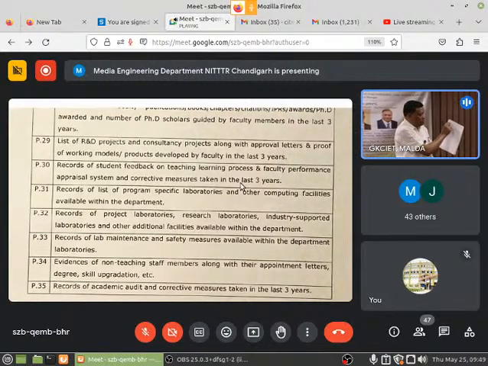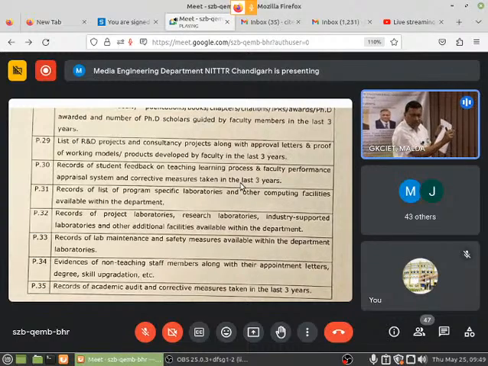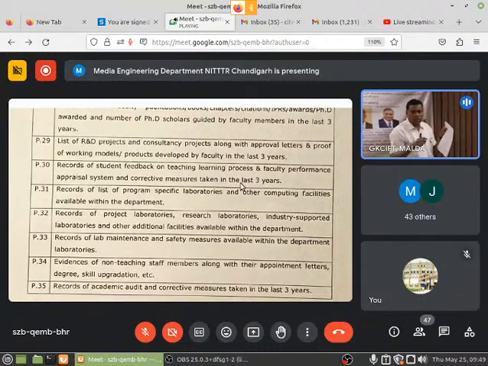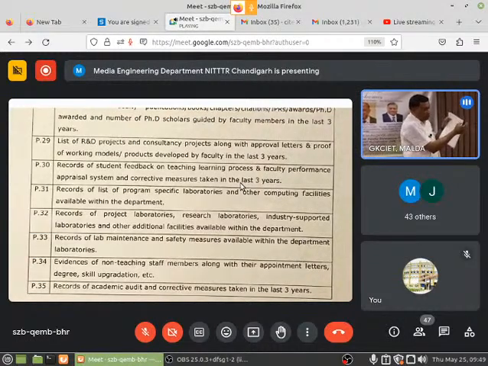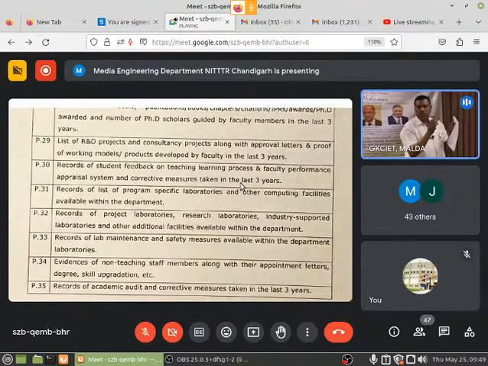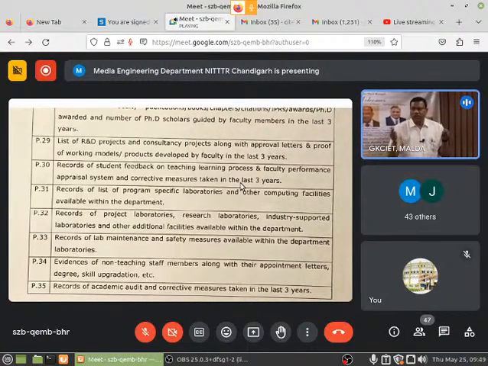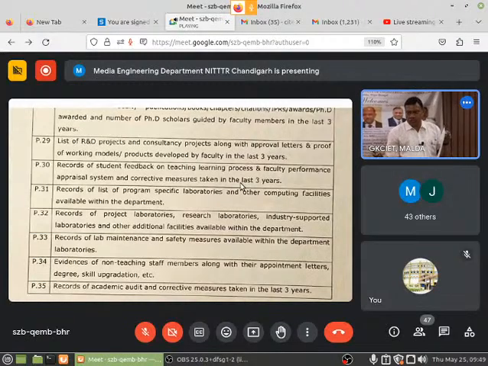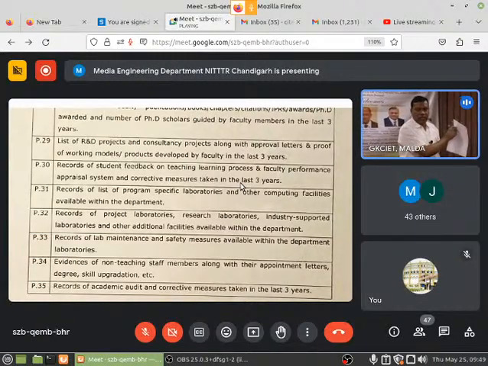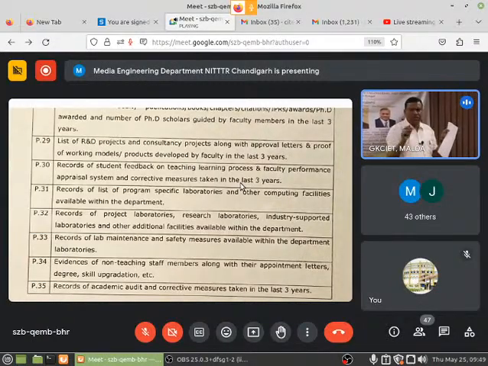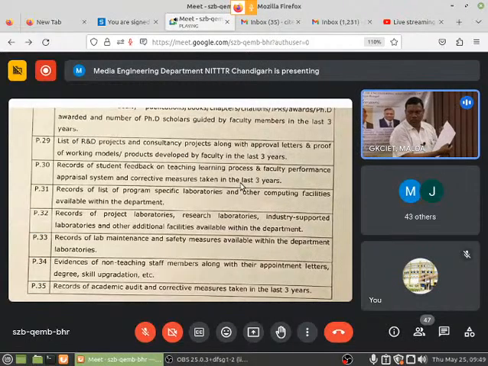For example, serial number 1, faculty qualification, the rule of our faculty advertisement rules. So the page number should be mapped, so that if I open this page number, I should get the faculty qualification, not anything else. Similarly, budget: page number 6 is the departmental budget. I should be in a position to see the budget allocation letter.